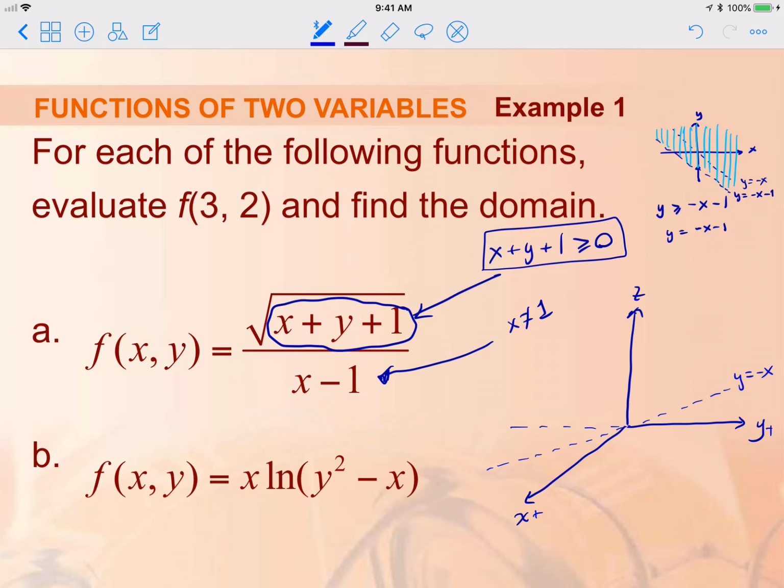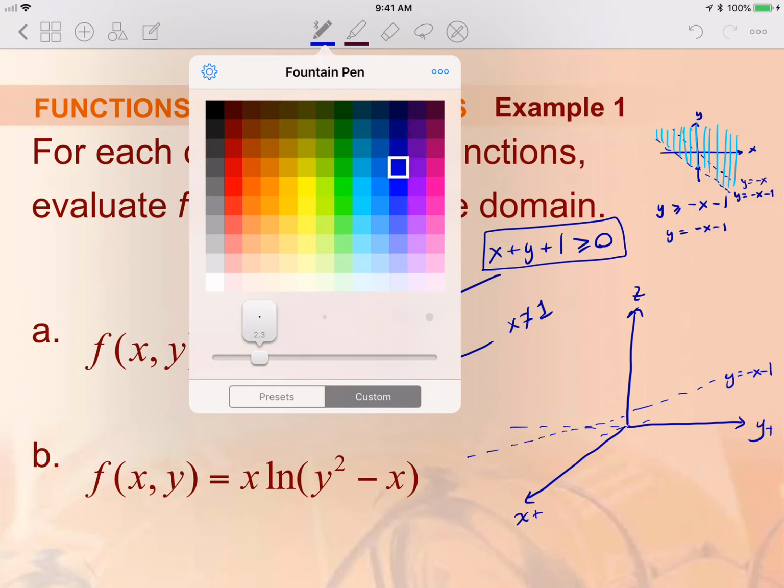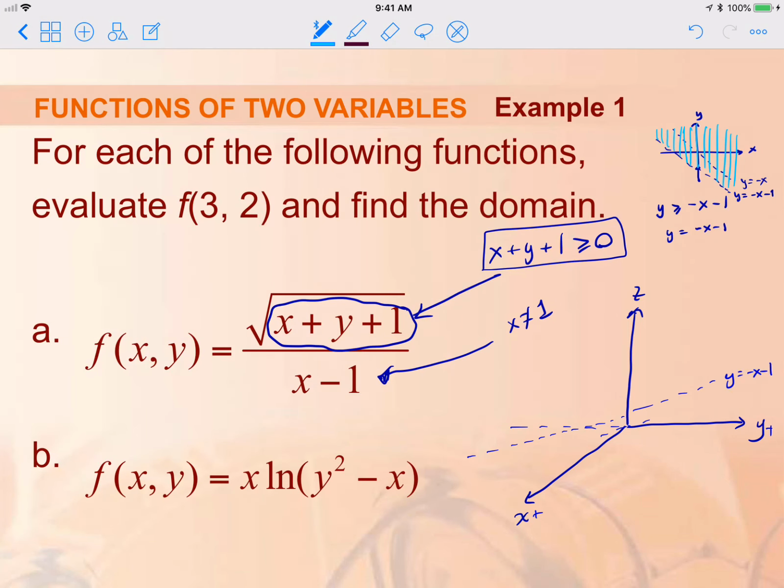And then if I translate it down by 1 unit, I get something like that. Okay. So now I have y equals negative x minus 1. And again, I want to include all of the points above where y is greater than that. So we're looking at all these points up here. So this is now my domain,